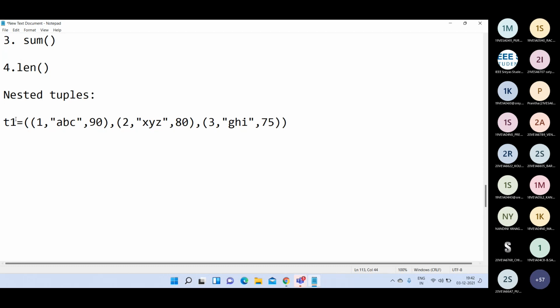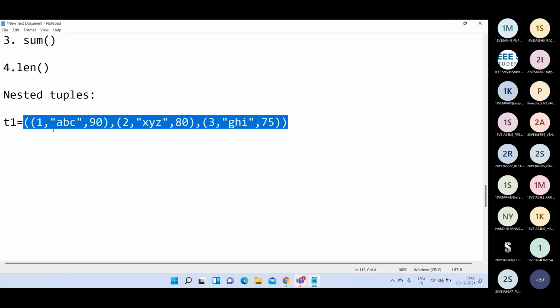Like that you can write these tuples within another tuple. This is one tuple, this is another tuple, this is another tuple. These 3 are nested in another tuple. Okay, like that it is possible to write tuples within another tuple also. Is it clear?